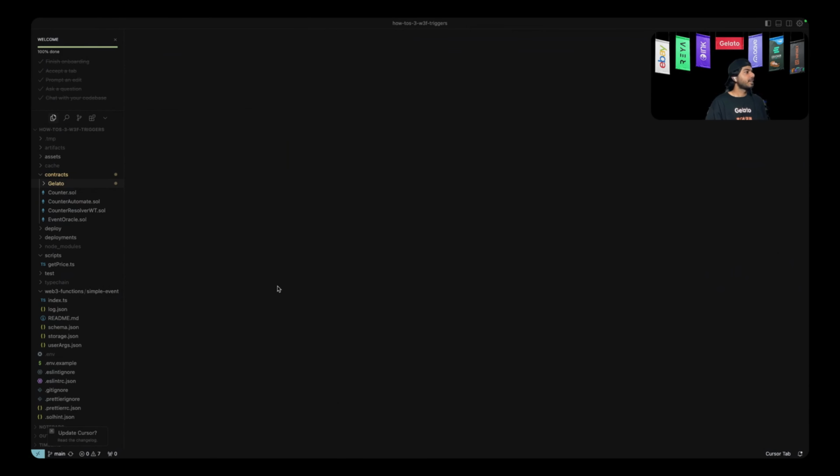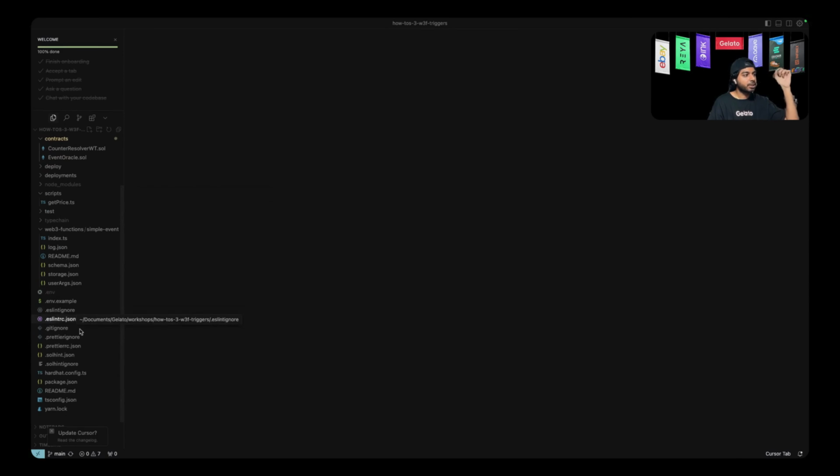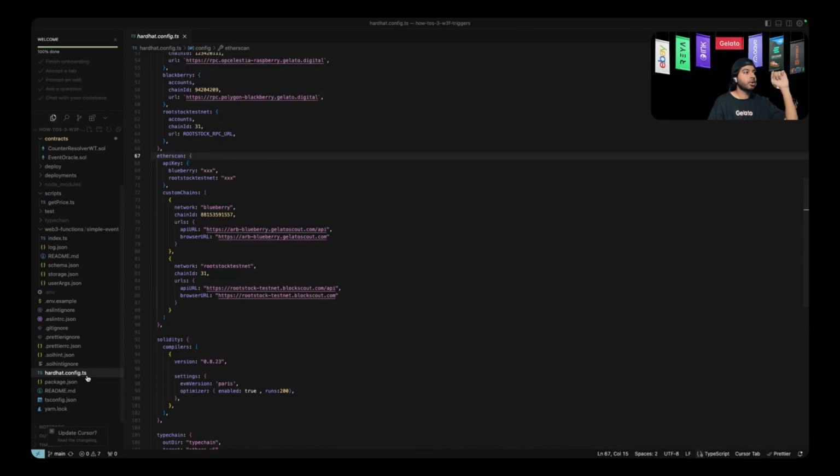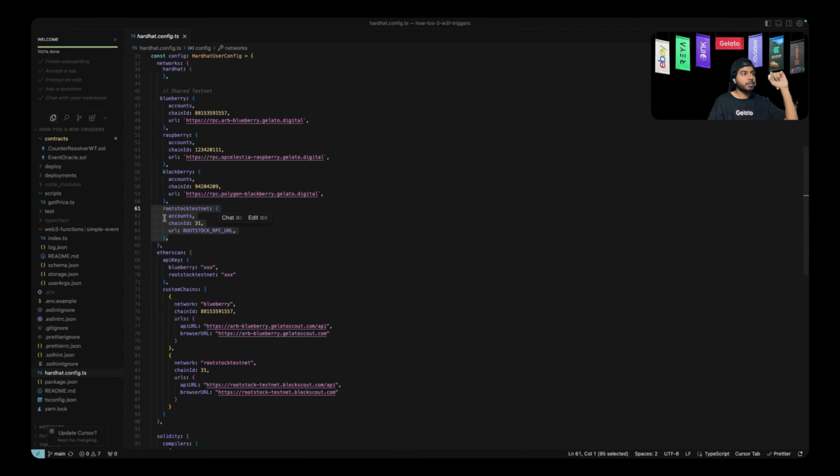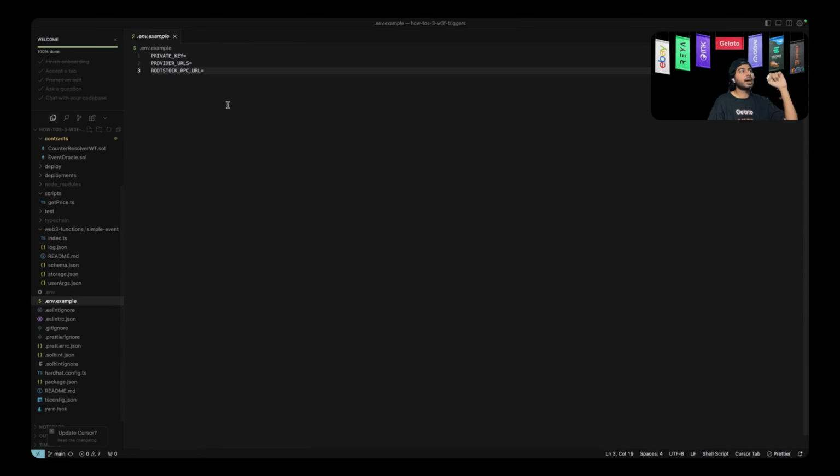Cool. All right. So this is the GitHub repo. You should be able to directly clone this, and you'll be shown this UI, right? So this is basically a Hardhat project. All the configurations have been set for you within this project as well. So if you take a look at the Hardhat config, the Rootstock testnet should already be part of the config as well. Before you get started, make sure that you have your private key and Rootstock RPC URL set up